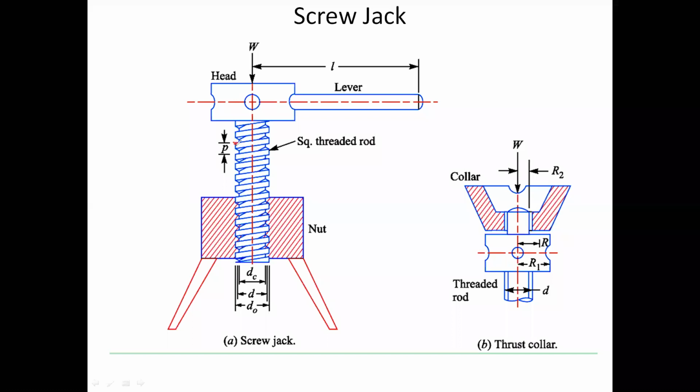So here if I consider this as one point and consecutive thread के ऊपर दूसरा point लेंगे, so the distance between these two will be the pitch. Again, pitch can be defined by one more way. If I rotate this screw through one complete rotation, then it will advance one pitch. इधर हमने एक रोटेशन कंप्लीट किया तो ये एक पिच डिस्टेंस से ऊपर जाएगा. If the pitch is for example 6 mm, तो एक रोटेशन करेंगे तो 6 mm ऊपर जाएगा. If you rotate in the opposite direction again, तो 6 mm नीचे भी आएगा.